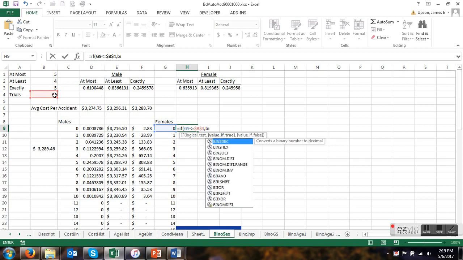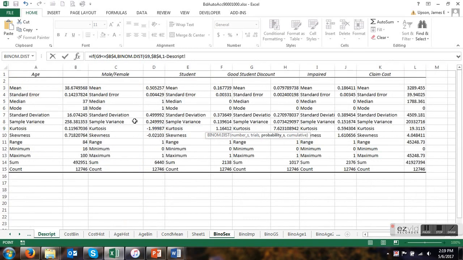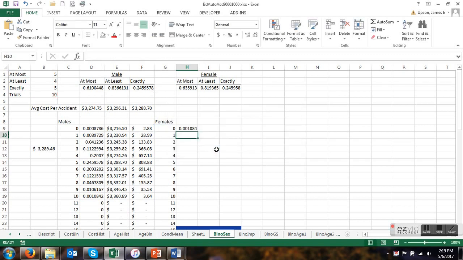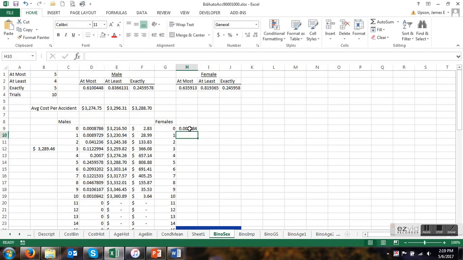Now we're going to use our binomial distribution, and the number of successes is the number of females, and then the number of trials is listed, and we'll hit F4 to lock that in. Our probability is 1 minus our descriptive statistic value. We'll hit F4 to lock that in, comma 0. Actually, we'll want an extra comma here,